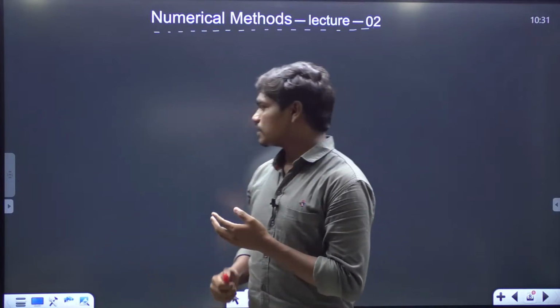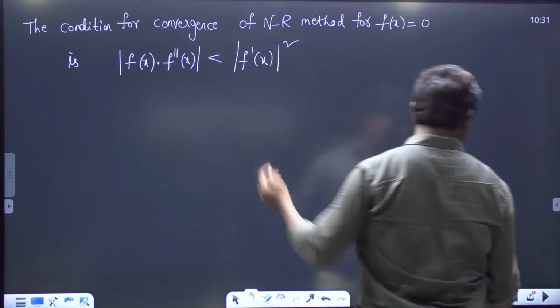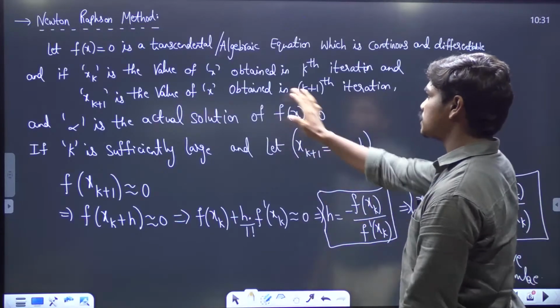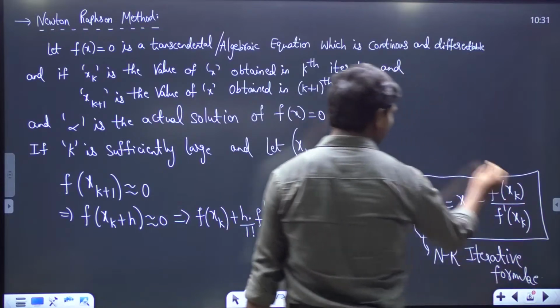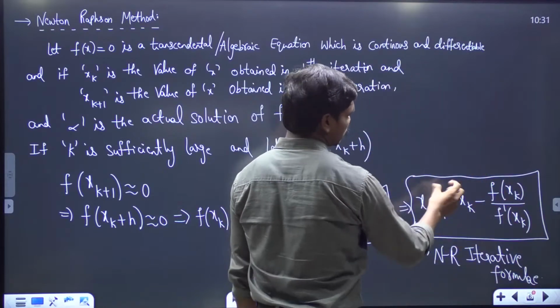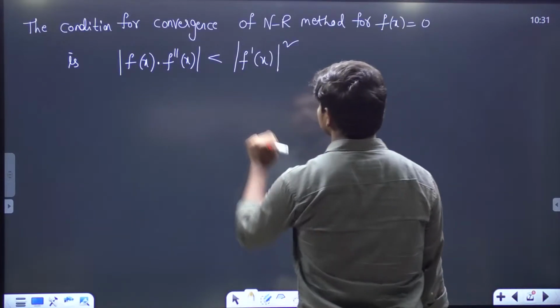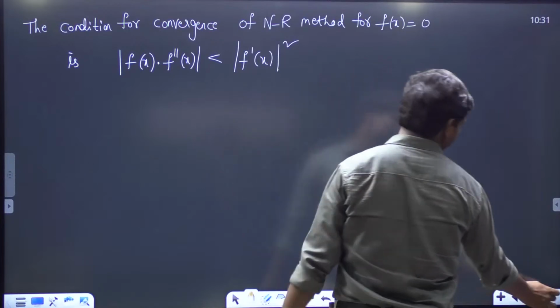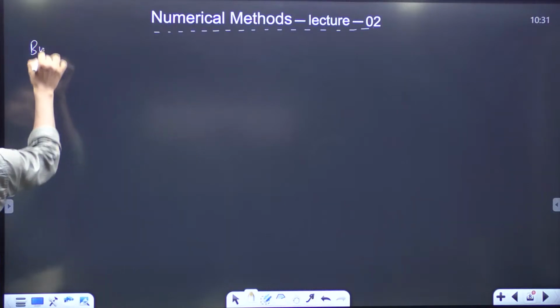So see here. In yesterday's class, we stopped somewhere here. We discussed the iteration formula for the Newton-Raphson method using the Taylor series expansion up to linear approximation, and then we generated this iterative formula for the Newton-Raphson method. And we then defined some conditions for the convergence of this Newton-Raphson method. So now, by the Newton-Raphson method,